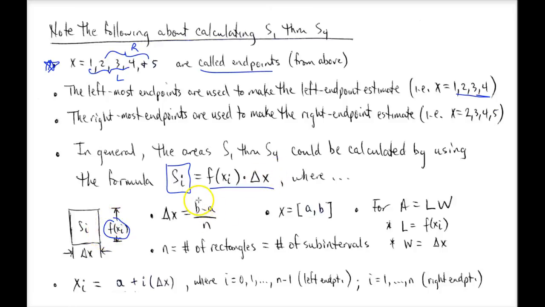And the delta x here is just, again, the difference between the x values in which we have that closed interval divided by the number of rectangles, or if we want to interpret it as a number of subintervals we can do it that way. Of course, our a and our b come from the closed interval of x values. We've decided to take the area under the curve by, and we know that the area of a rectangle is just length times width, where f of xi again is the length of each rectangle, and delta x is the